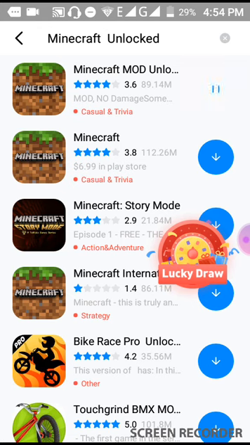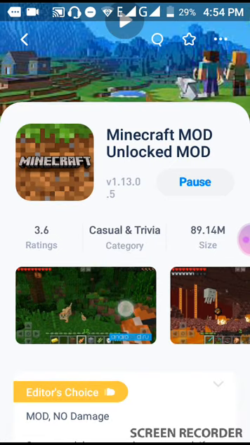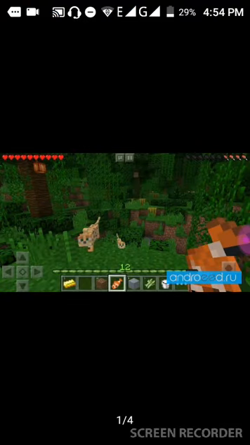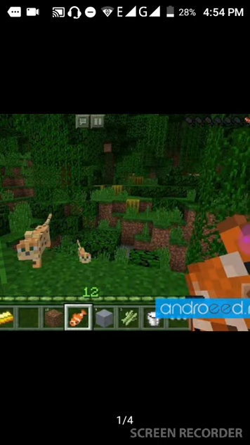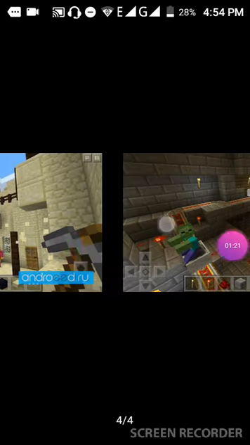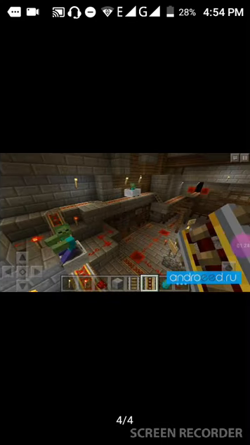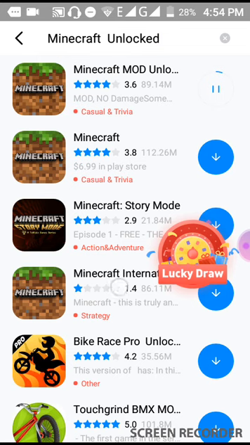I will show you the download, and here my download has been started, and I will show you here live. If you want to see, here you will see lives, 1 2 3 4 5 6 7 8 9 10 11 12. You will see live how many lives, and here you will see everything is hack. Here everything is hack, and you will find this is not a fake hack downloading, friends. This is real. I will show you in this video,